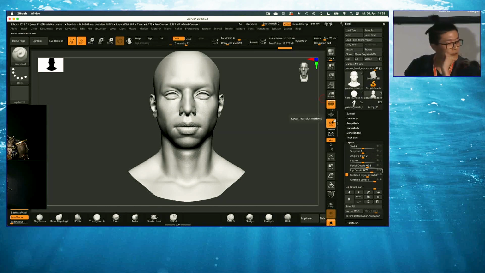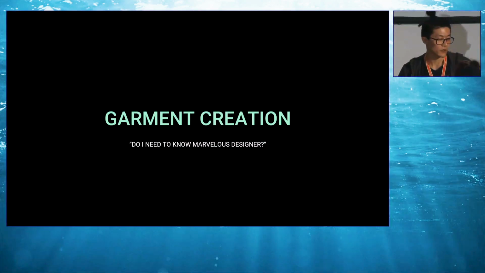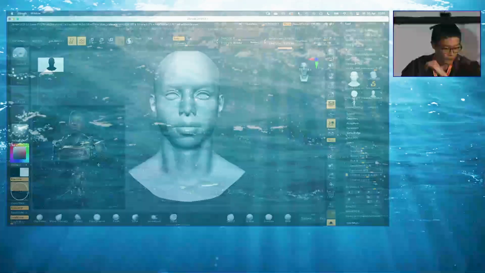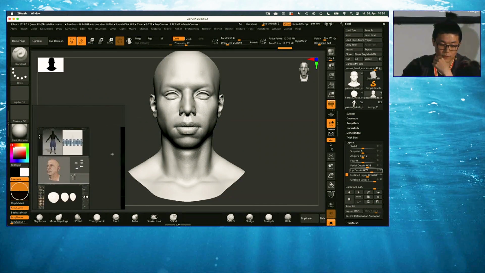So the next thing that we are gonna talk about, garment creation. Okay, and the question is, do I need to know Marvelous Designer? For anyone who doesn't know what Marvelous Designer is, it is a cloth simulation software that lets you create